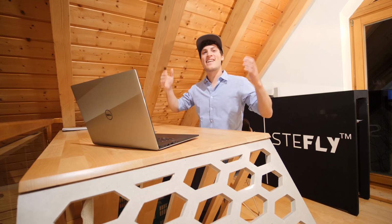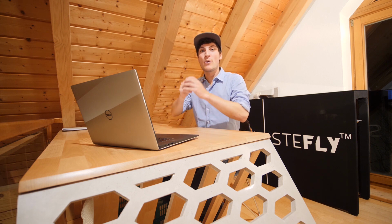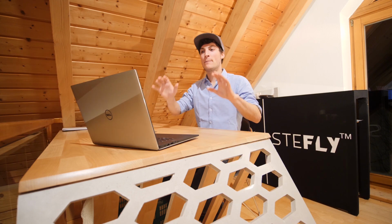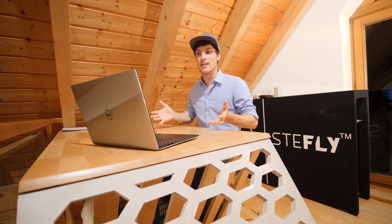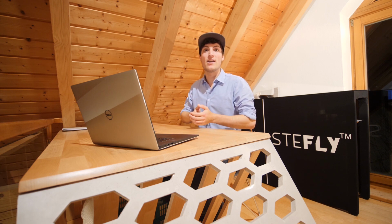Rich Man Toys! Today let's talk about the costs of a glider, to fly a glider and so on. We will compare a modern 18 meter class glider with an Audi RS6 with the running costs, but let's start with the overall price range of a glider. There are older gliders where you can have a lot of fun and you also can compete with them internationally,